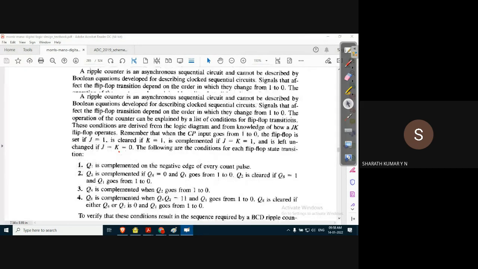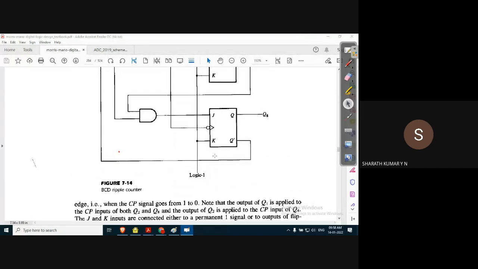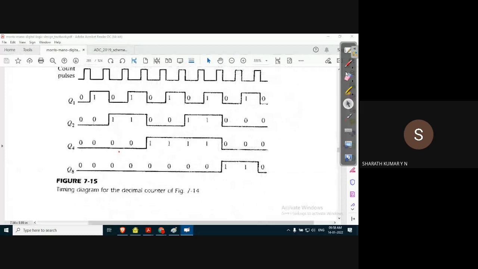If you observe the diagram again, the normal outputs of the second and the third flip flop are ANDed and given to the fourth flip flop. The reason is, in this diagram, when it reaches the final count, when Q4 is 1 and goes from 1 to 0, this Q2 is at a state of 0, and Q4's normal output is also 0. When these two are ANDed, the output is 0.